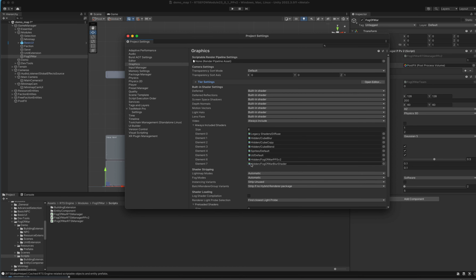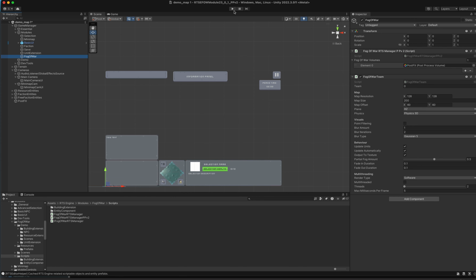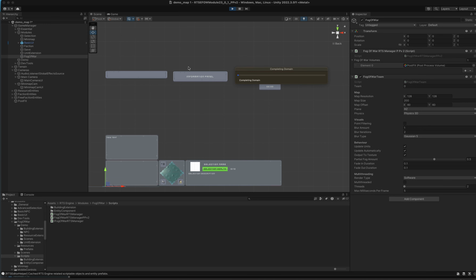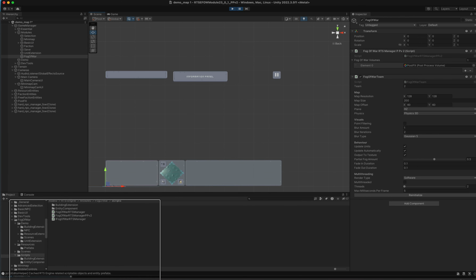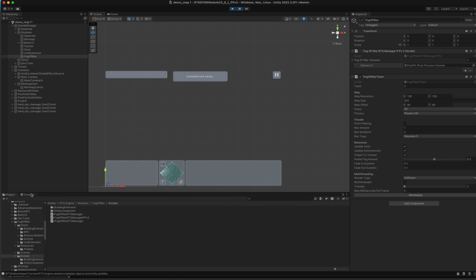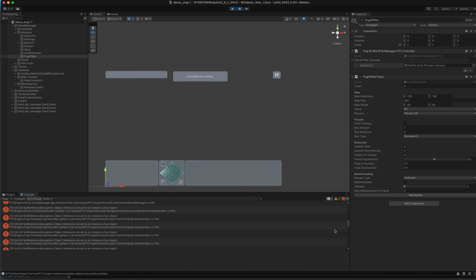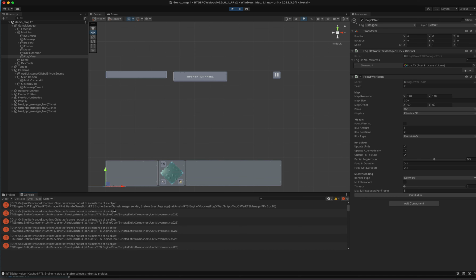I hate when it does that. And so we're loading our post-processing shader and our blur shader. And we'll hit play and we'll see what happens. And we get errors. Okay. And the error is because we haven't actually added or set our shader up,